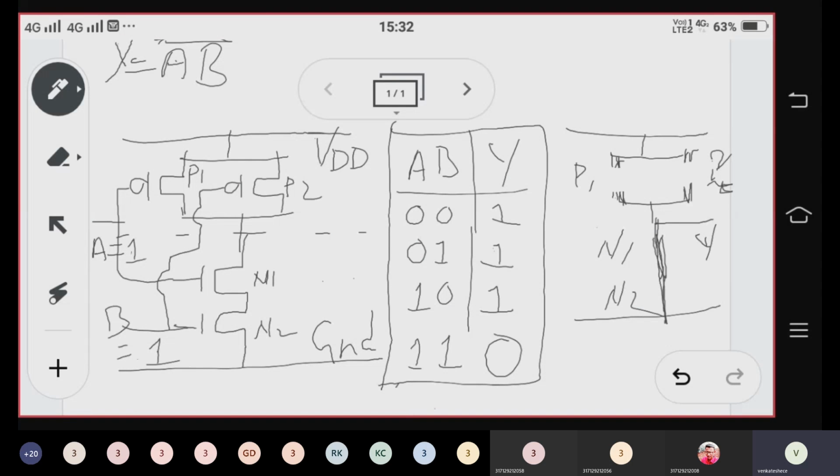Okay, now all of you draw the NOR gate diagram using CMOS technology. Draw the diagrams for each and every case. For the 0, 0 case, which transistors are in on condition and which transistors are in off condition. For the NOR gate, everyone first draw the circuit diagram. For the 4 cases, draw the diagram and find the output value. Okay.